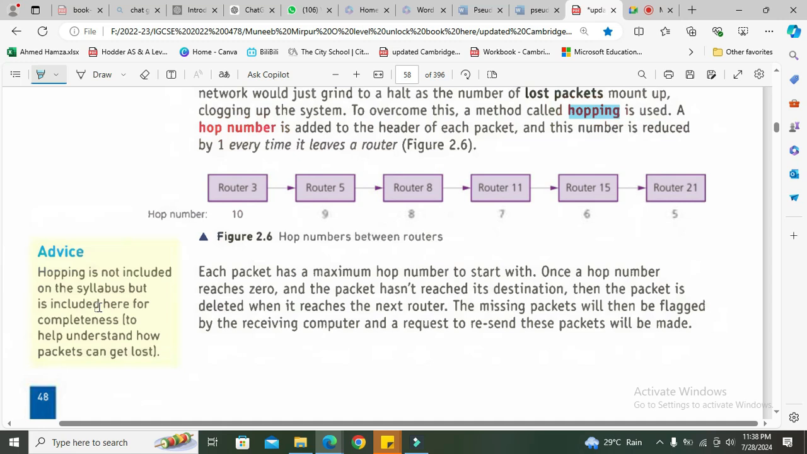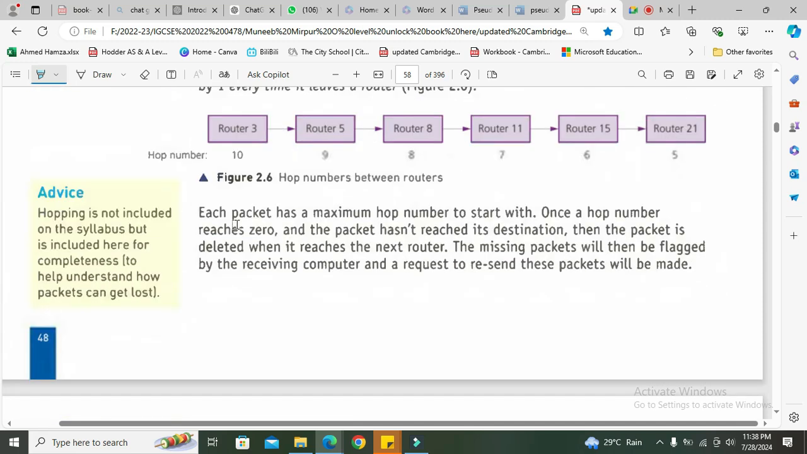Sometimes students ask, what if the data is lost? How can we recover that data? The first process is we can resend the data. Another is the hopping method. A hop number is given, a highest hop number, and then when it reaches one station, you decrement it by 1. Each packet has a maximum hop number to start with. Once the hop number reaches 0,